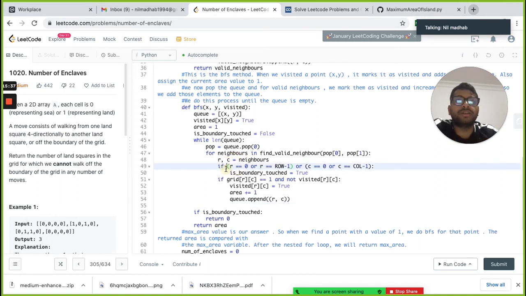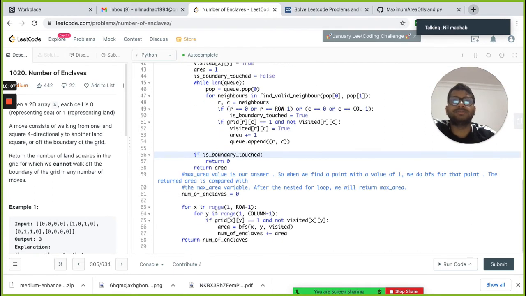We are not breaking when we reach the boundary because we want to mark all the cells which are connected to this cell as visited. If we break, then we will do it again. So we want to mark all the elements connected to this x, y as visited, so that we don't do it again.